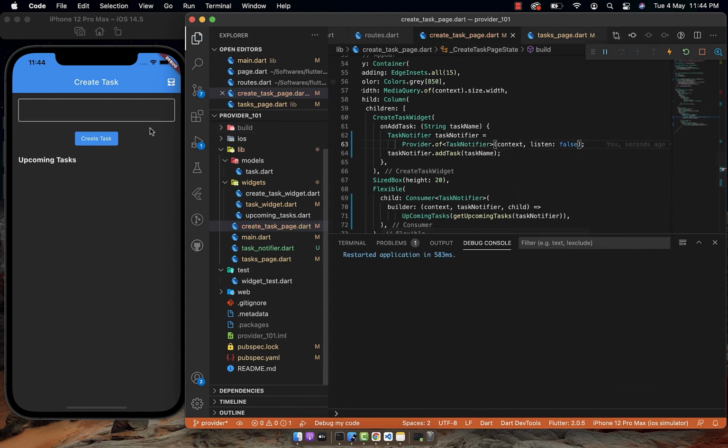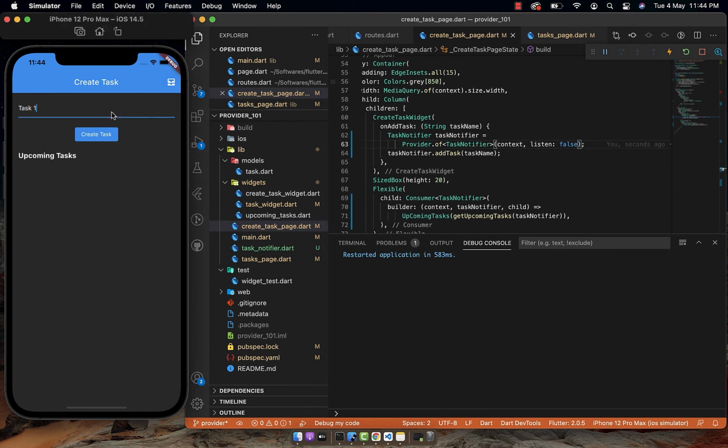Let's try this. Perfect. Now our tasks are getting added. Let's see if these tasks are visible on the all tasks page. These are visible. Great. We have one functionality to check, that is whenever we are checking this, if it is working fine.